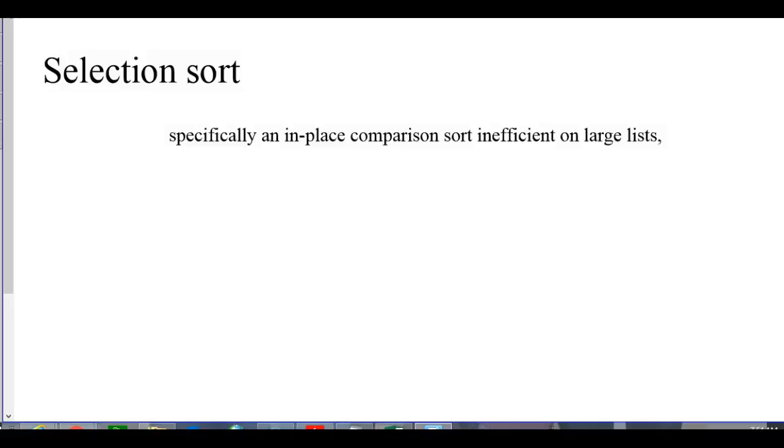Most modern searches are none of these. The algorithms that we use for real to sort data are none of these sorts. But we kind of have to do baby steps as we go through this. So the selection sort